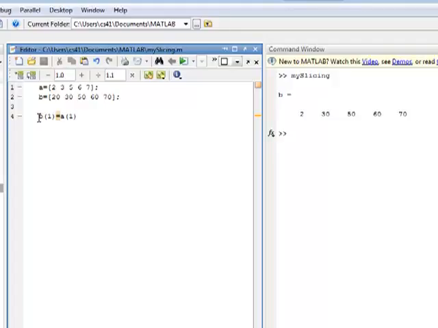Okay? So I'm going to proceed by commenting this out. I want to leave it up here so you can see it, but I'm going to comment it out because this actually changes vector B. And so if I continue to do examples using vector B, I'm going to be using the altered versions, and that's going to get a bit confusing. So I'm going to comment this statement out so that it will not affect B when I do my next statement. So let's go in here and do